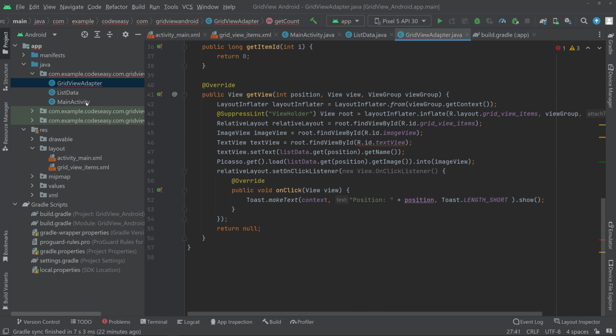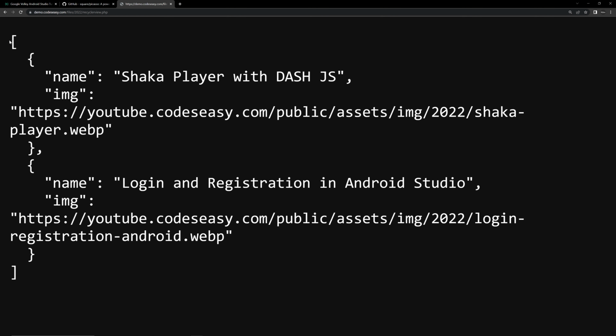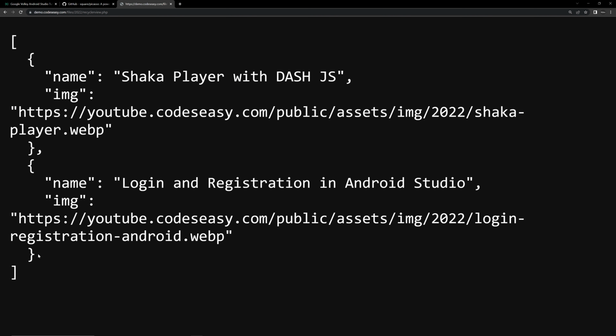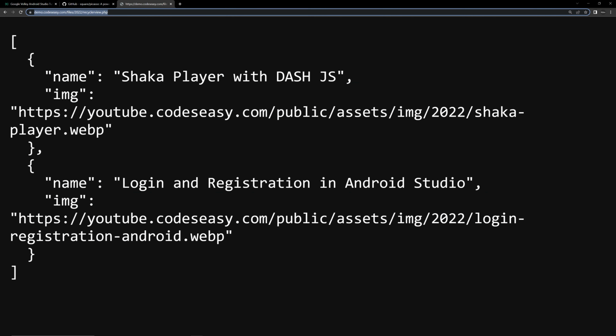Now we can move to the activity main, and let's see our API URL. And here you can see this is our API URL, and you can see that we are having a JSON array, and inside that we are having two JSON objects. Okay, and inside that we are having the name and the image. So this is the API that we are going to use. So let's copy the API URL,